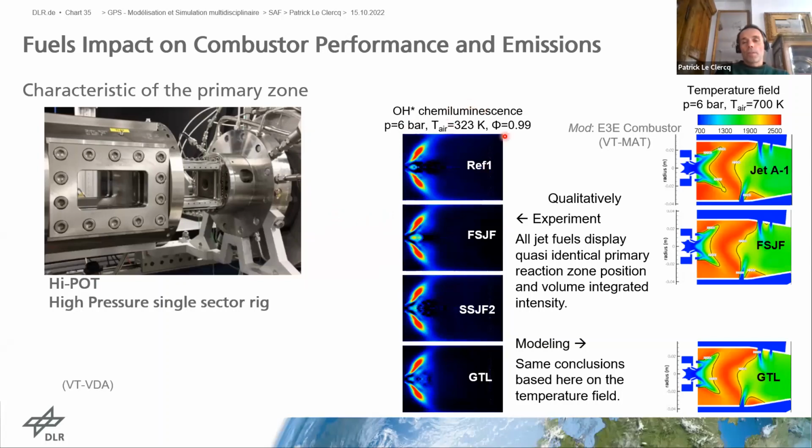Yes. So, relevant conditions. The phi determines the stoichiometry, so the mixture between the fuel and the air. This is close to what we call normal stoichiometry, so it would be like a cruise. And the different fuels: the reference, the fully synthetic, the semi-synthetic, and here a pure SPK. So the message here is